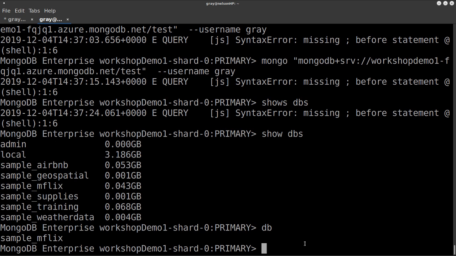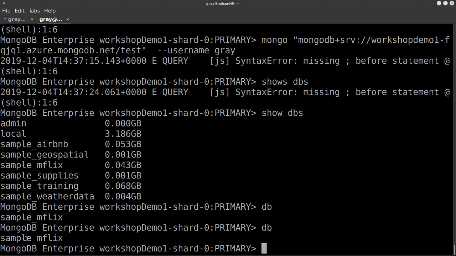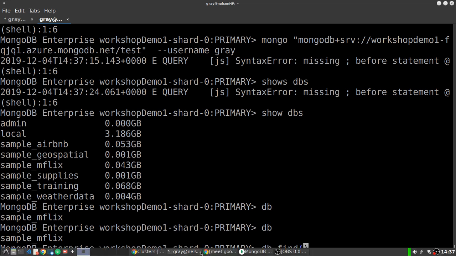Cool, and I'm still in the movies. So if you want to see what current database you're in, ever, just type db and it will show you what current one you're in. So I'm currently in mflix. Yeah, so I can do db.find and then I can, I haven't got the query to paste anymore,